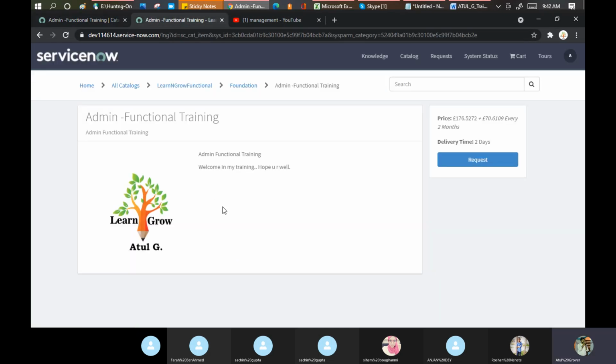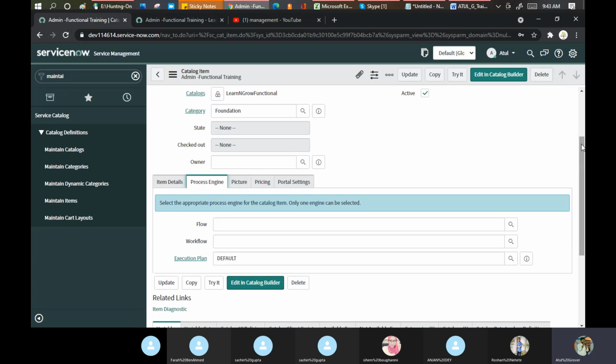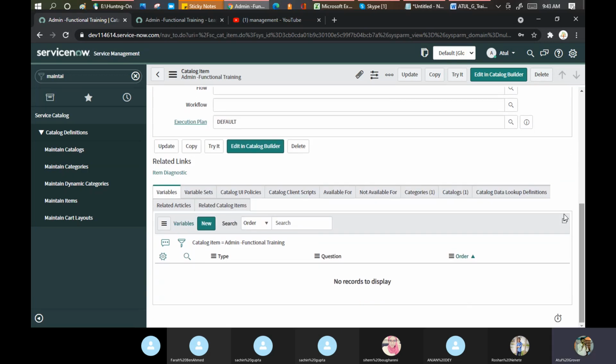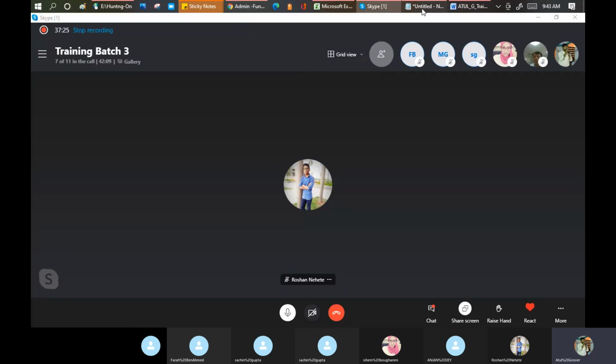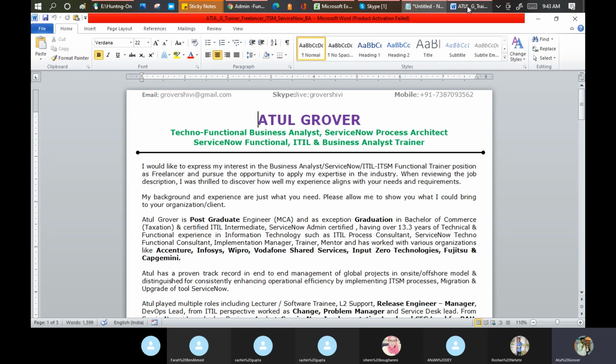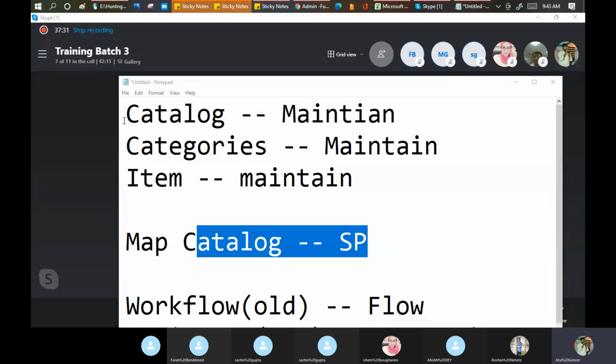Atul, yesterday when we saw, I was ordering an iPhone, I saw that I have an option to select the memory. I have an option to select the plan as well. From where do these things actually come into the picture? So let's discuss that part. Scroll down and come to the, see, these two are the variable and variable set. Let me close this as well.